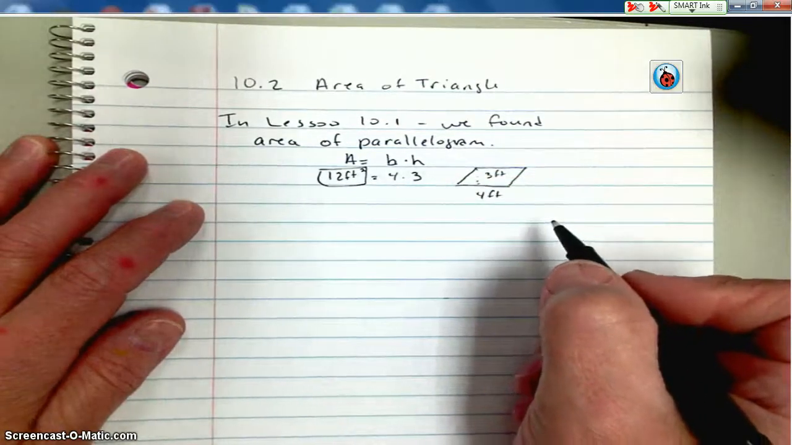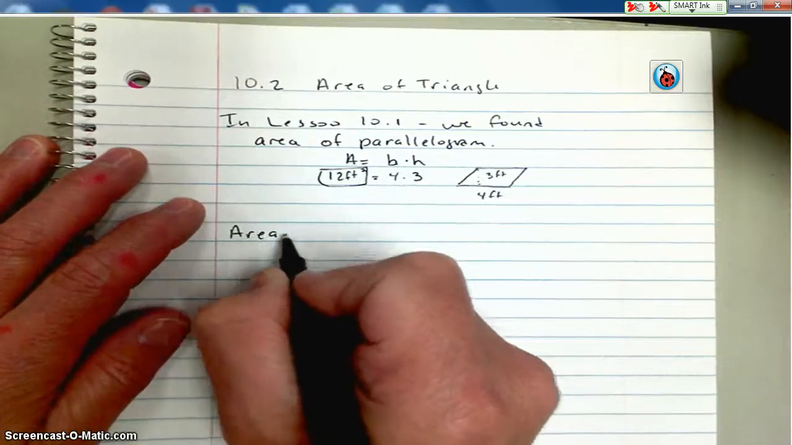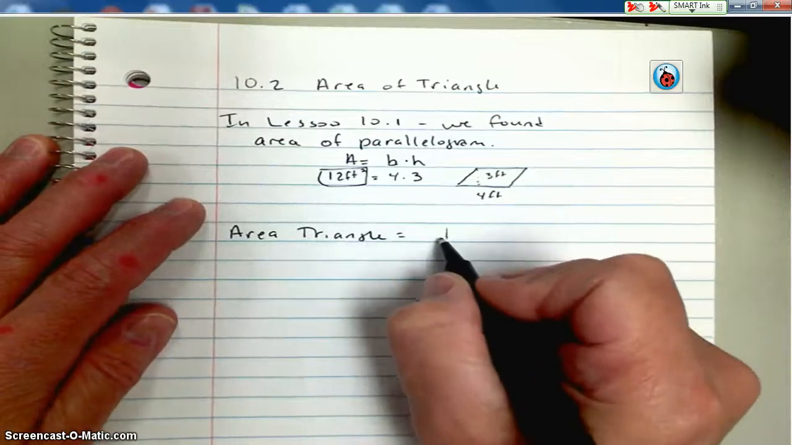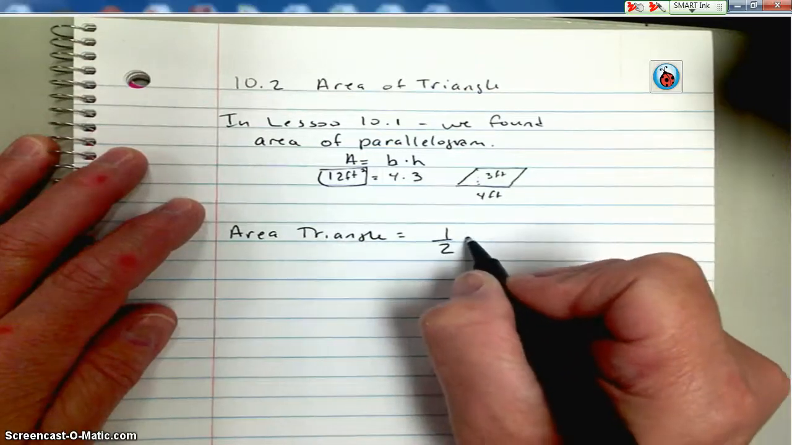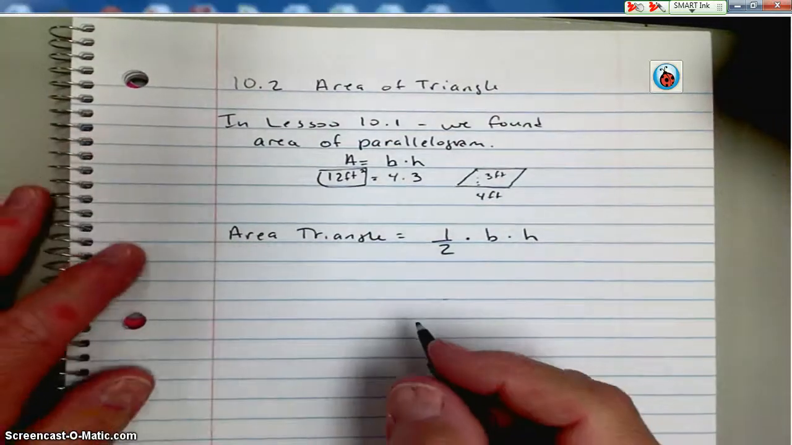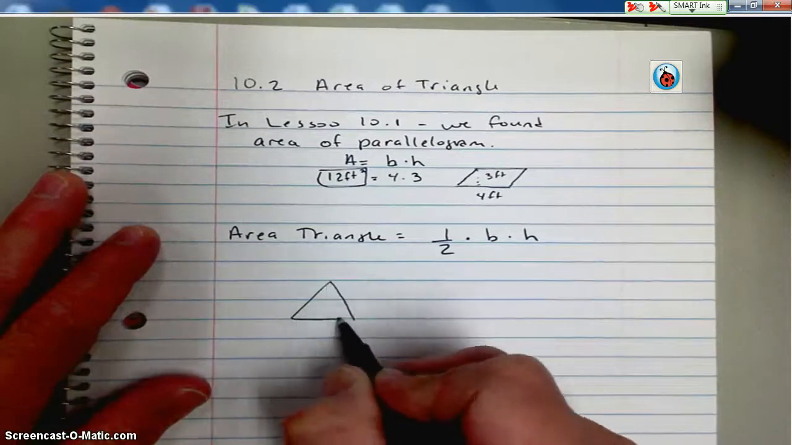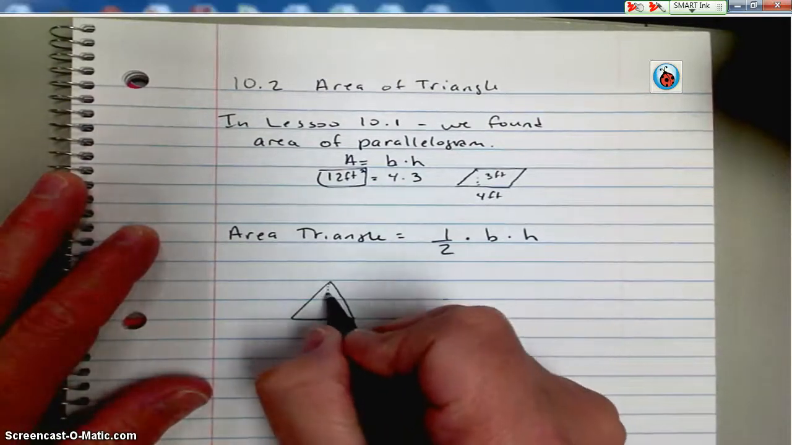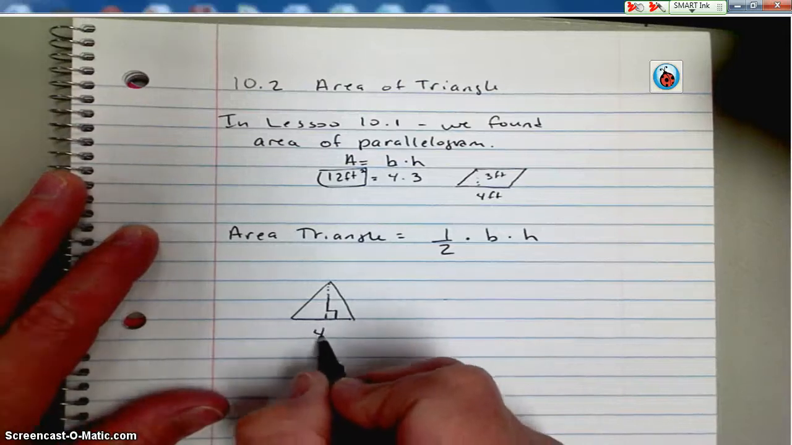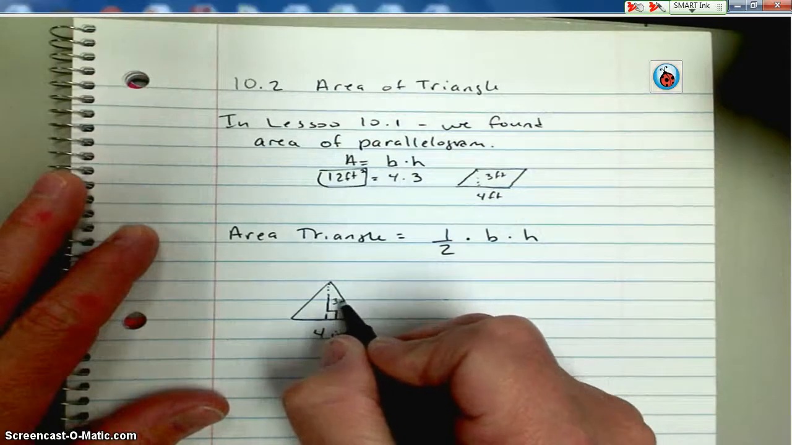So moving on for today, we're going to find out that the area of a triangle is equal to this formula. We're going to say 1/2 of base times height. So for example, if we have a triangle, and if our triangle has a base of 4 inches, and let's say that our triangle has a height